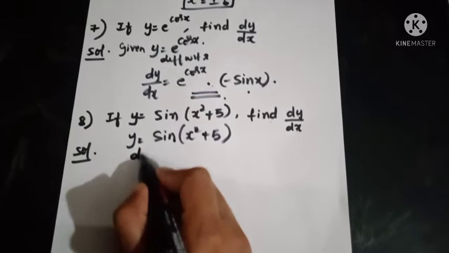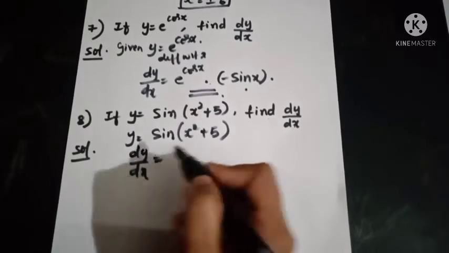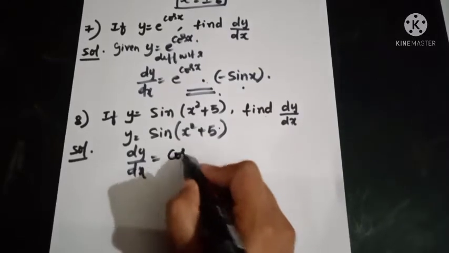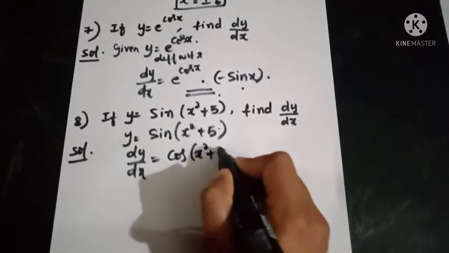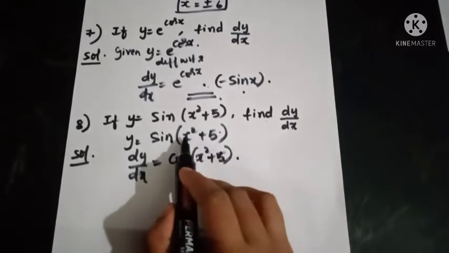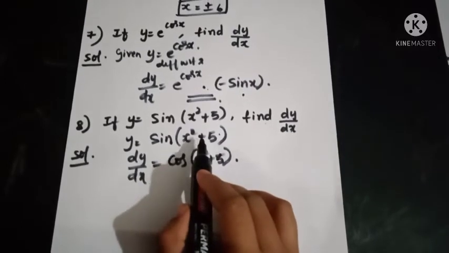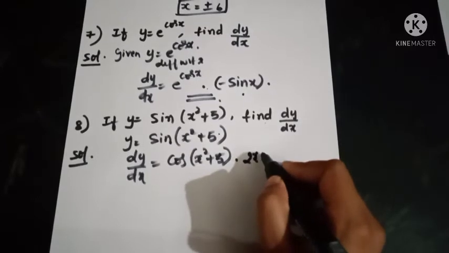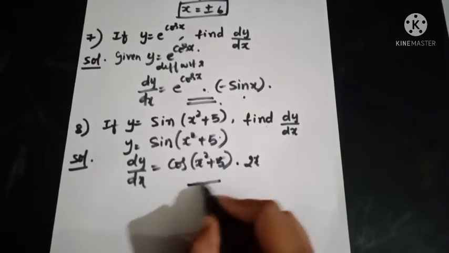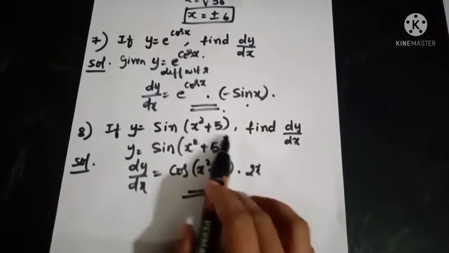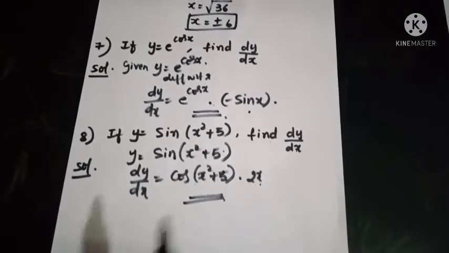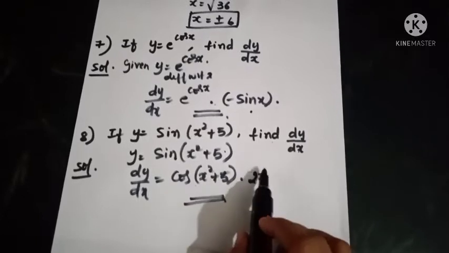So if we differentiate with respect to x, the differentiation of a sine function is cos function of x square plus 5. X square plus 5 is another function, so the differentiation of x square is 2x and 5 is a constant, so 0. So sine function is cos function and the differentiation of x square plus 5 is 2x plus 0. So 0 is negligible, so